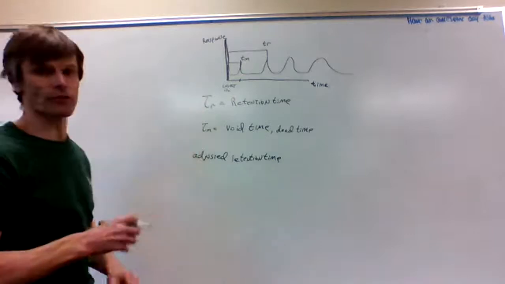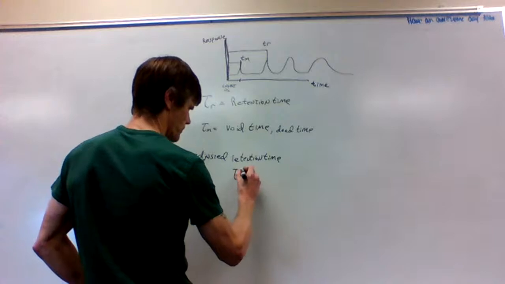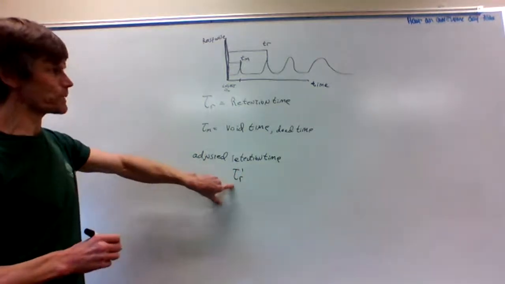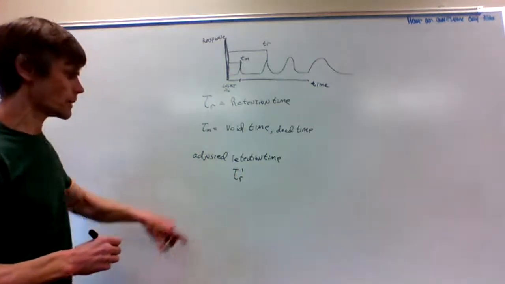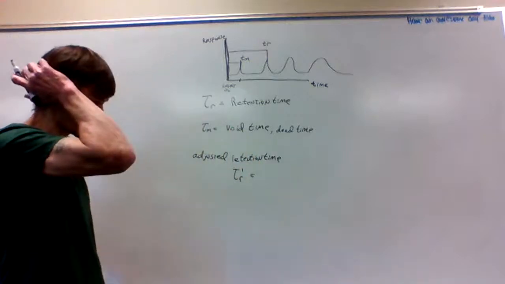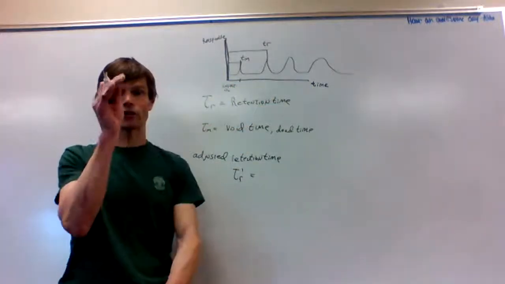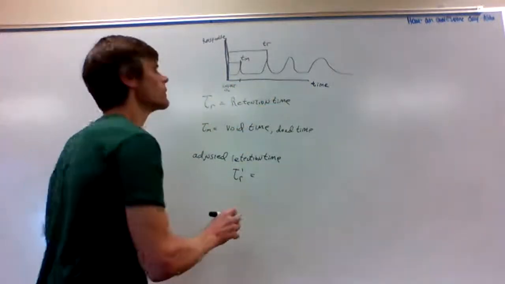And we're going to call this TR prime. Once again, that's for a species that we're interested in. We're putting a prime by it. The adjusted retention time is the time that our species travels from the point of injection to our detector,